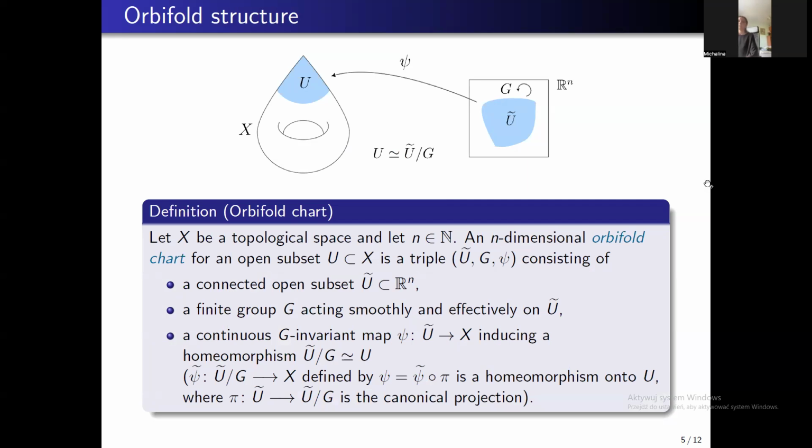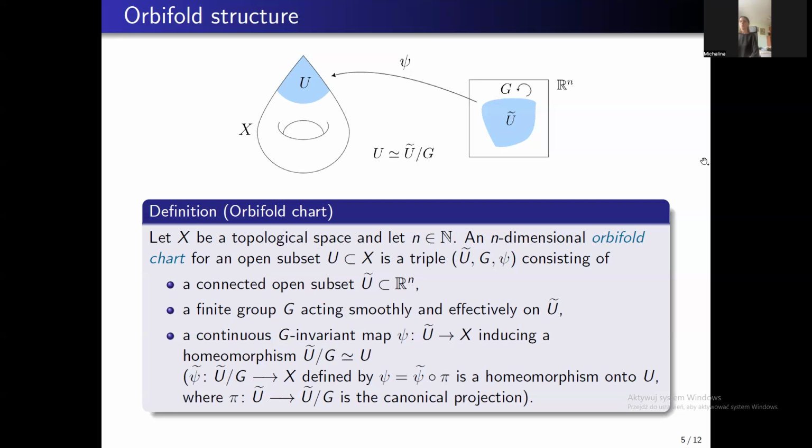Then an n-dimensional orbifold chart for some open subset of this topological space will be a triple consisting of a connected open subset of n-dimensional Euclidean space, a finite group which acts smoothly and effectively on this open subset, and a continuous map from this open subset to our topological space, which is invariant under this group action, and also induces the following homeomorphism between